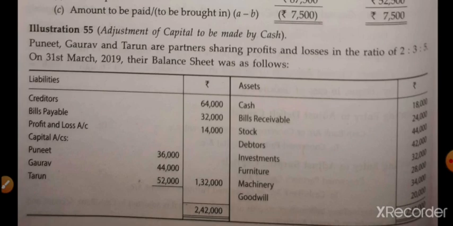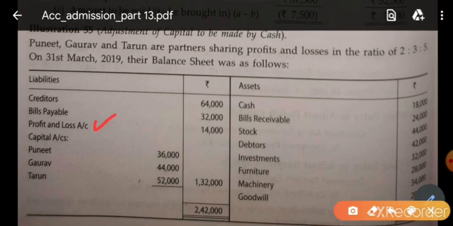All the other things remain the same. We have already discussed 4 topics, and those 4 topics will remain the same. In the balance sheet, we can see if any adjustment is given. So we have the P&L account and goodwill, and we know what has to be done with these 2 items. Adjustments of the balance sheet are done between old partners in the old ratio.